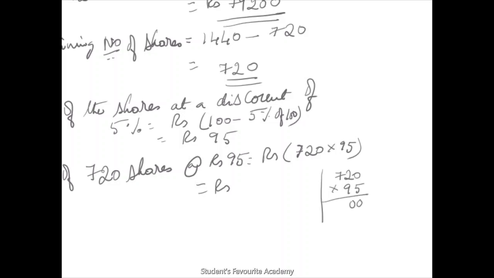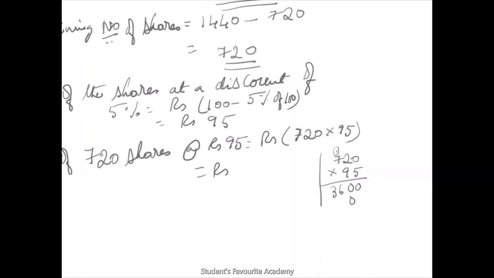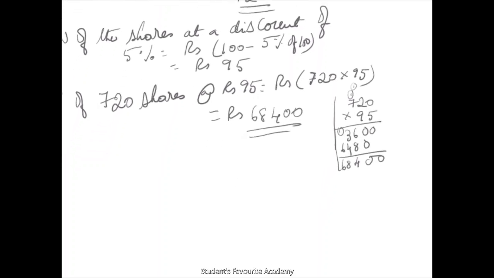500, 5 twos are 10, 1 carried over, 5 sevens are 35 plus 1 36. Then 900, 9 twos are 18, 1 carried over, 9 sevens are 63 plus 1 64. So 0 0, 8 plus 6 14, 1 carried over, 3 plus 1 4, 4 plus 4 8, 6. So rupees 68,400. So her total money that she gains, SP,